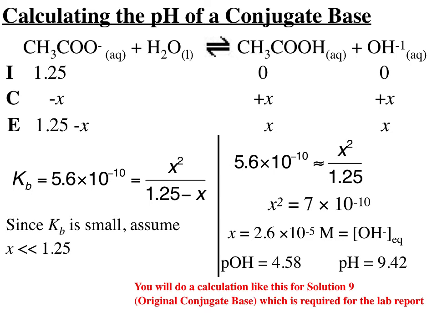Since it's the hydroxide ion concentration at equilibrium, I can use it to calculate a pOH of the solution. pOH is equal to minus the log of 2.6 times 10 to the minus 5, and I would get a pOH of 4.58. What we want to compare to is the measured pH of the solution. And for any solution, whether it's acidic or basic or neutral or salt or sugar or whatever, pH plus pOH is equal to 14. So in this case, pH must equal 14 minus 4.58,